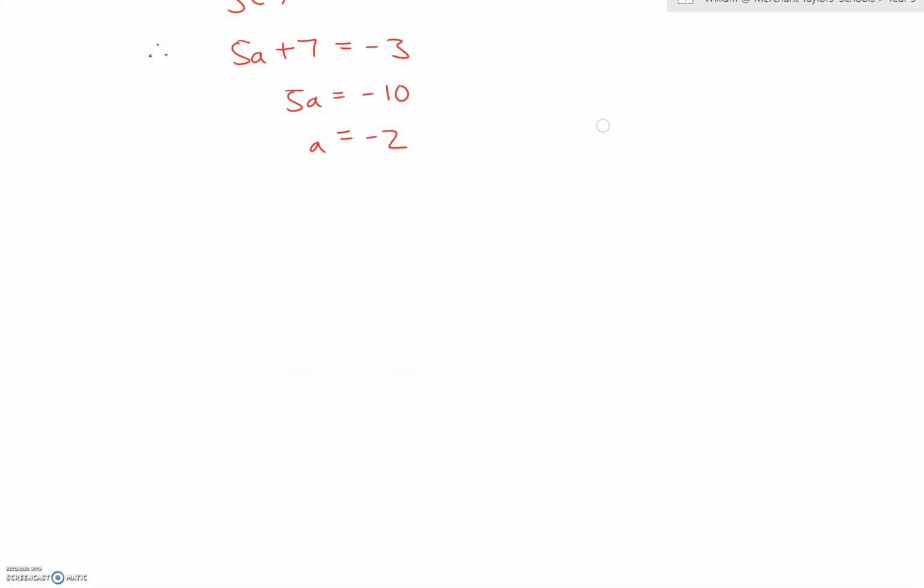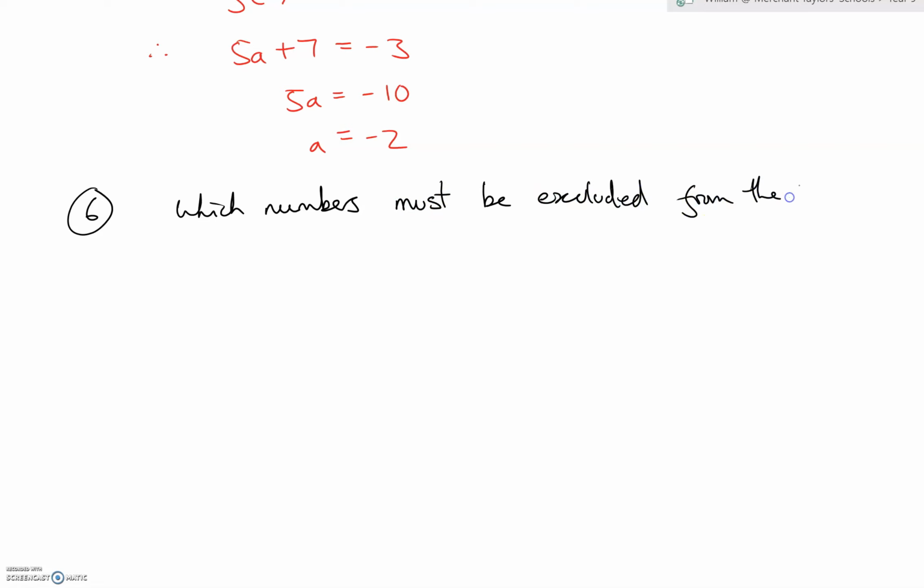So question 6. Which numbers must be excluded from the domain of the following functions? So f of x